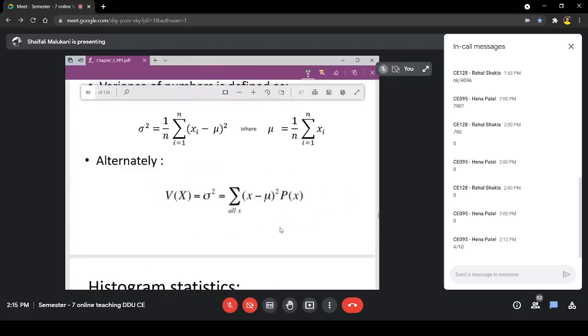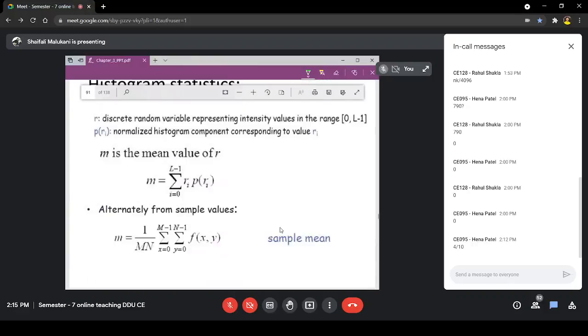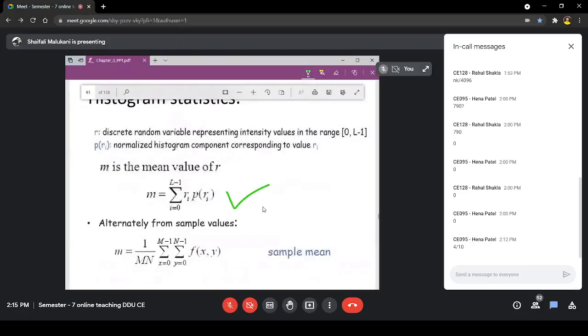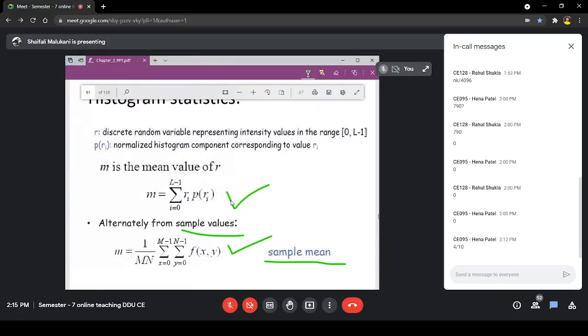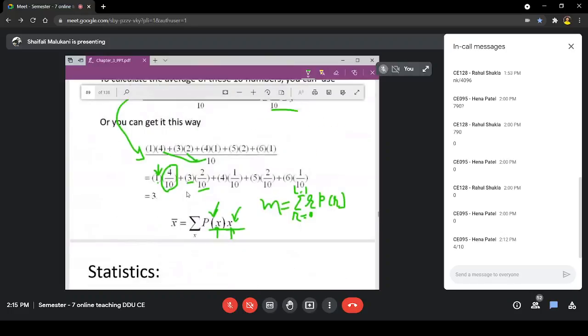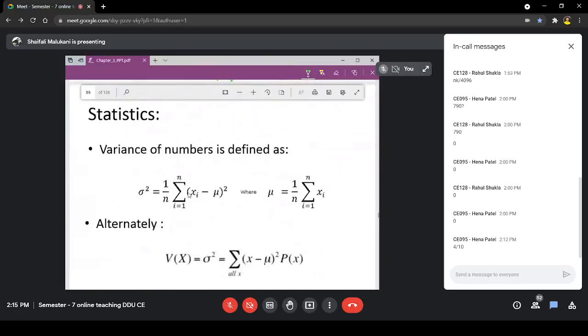So those are two methodologies that I have to find out P, right? It is an M cross N image, so that is how. If you are going from the sample values, then it is also known as sample mean. If we are going for the probability values, it will be 0 to L minus 1. Okay. What about variance? Variance is obtained, it is nothing but